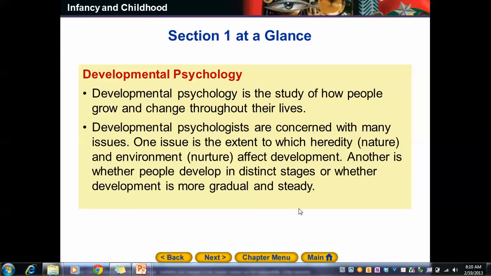So let's get going. Many psychologists are concerned with the physical, mental, and social changes that take place during the human lifespan, and this field is known as developmental psychology. Some developmental psychologists view human development as a progression through a series of distinct stages, and others see it as a gradual, continuous process over a person's lifespan. So, by examining how and why people change over time, developmental psychologists can make generalizations about how humans change physically, cognitively, socially, and morally.